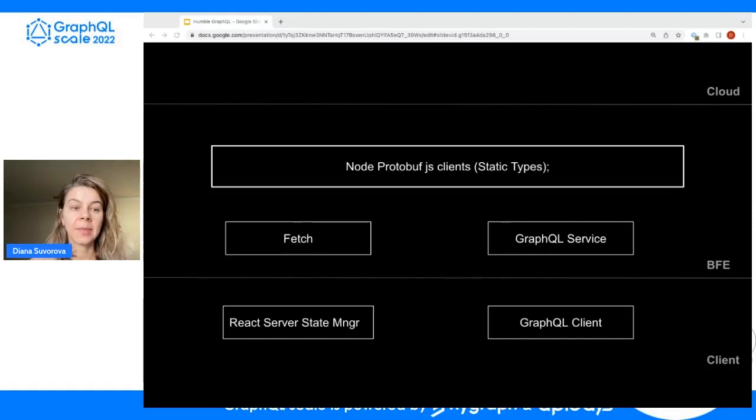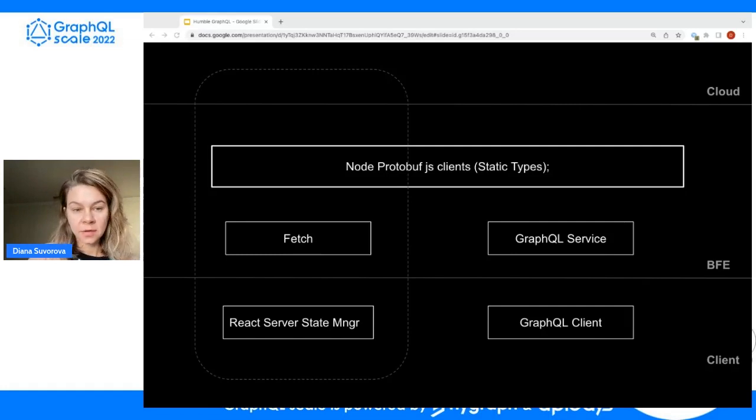So using the backend IDLs, those protobuf definitions that I mentioned, we generate Node clients to make requests at runtime via gRPC, and request and response types for each, so that's the static type chain story. And then we have two possible tracks that you get to choose between for your front end, depending on your preference. The first track is the RPC track, which is on the left.